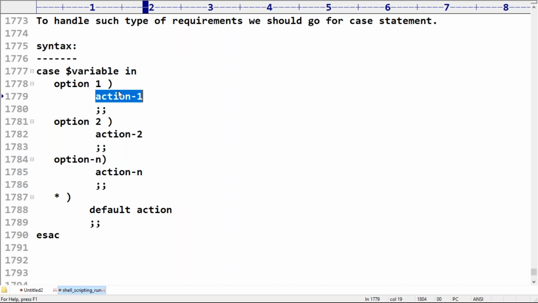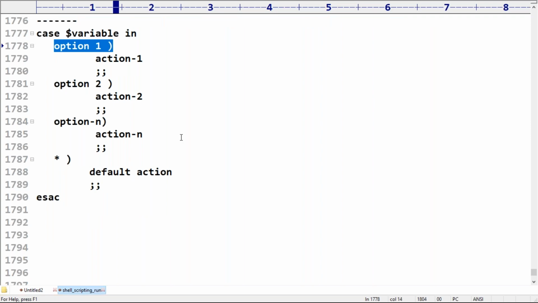Now observe, while defining options there are some small conclusions. I will cover all these conclusions with examples, don't worry. Here are the conclusions while defining options.